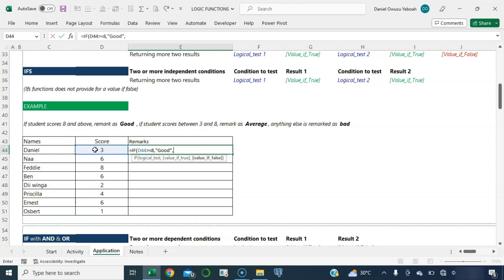But here we have another logic, so we need to state that logic before we can state the value if true for that logic. So another if. So we've already covered all numbers greater than or equal to 8. Now we're looking at if the student scores between 3 and 8. So anything above 3, so greater than 3,